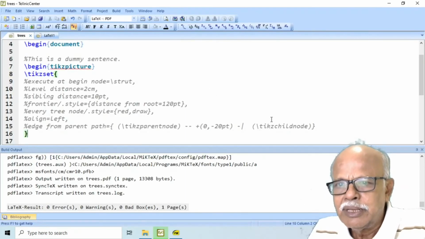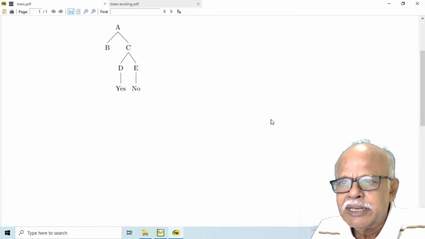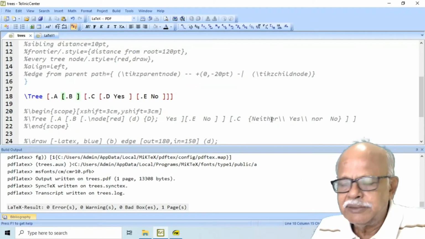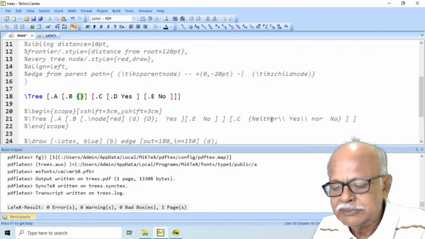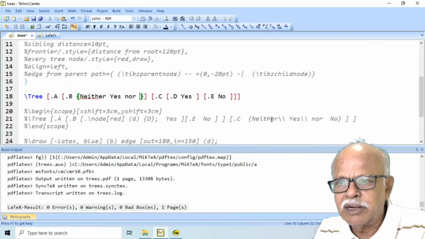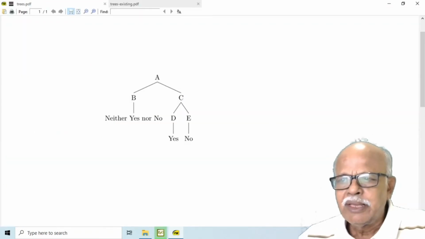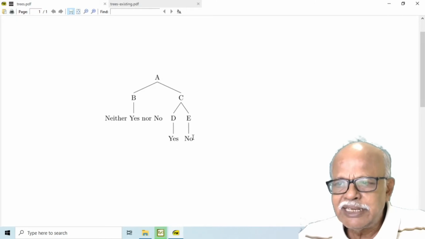Now, let us say at B we have neither yes nor no. Now, for a single word yes or no, this edge, a straight line is okay.